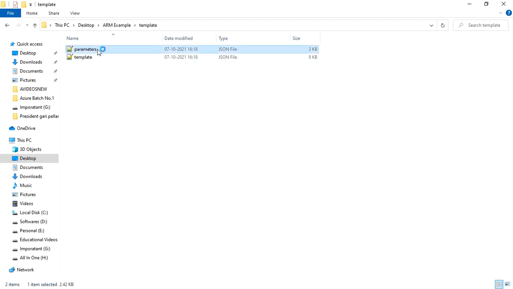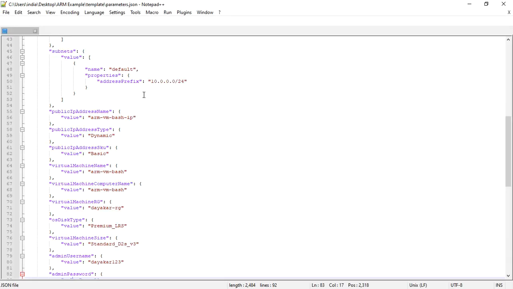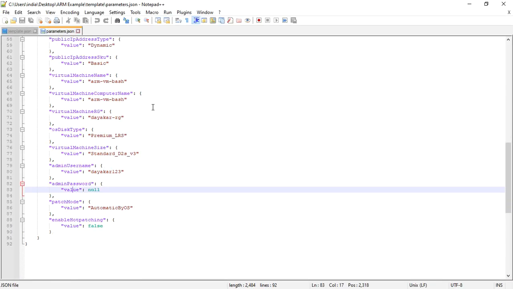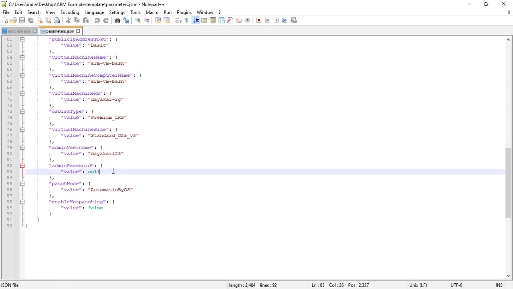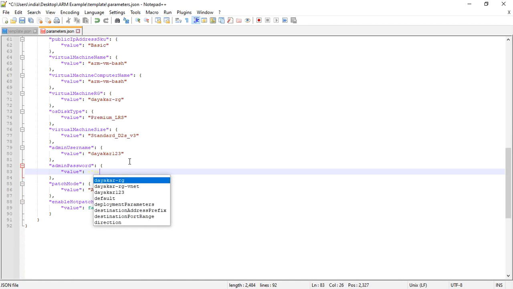I will open parameters.json, because whenever we download the ARM template, the password will not be filled. The password will be shown as null. So I am going to remove that and give the password. What is the password?